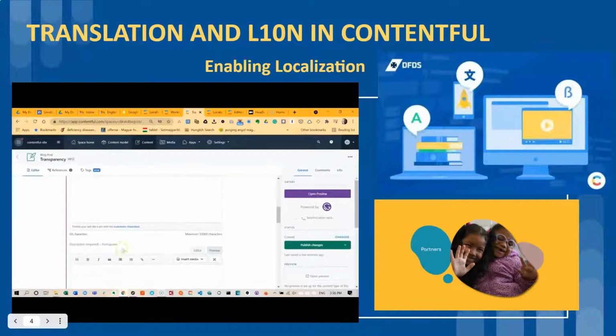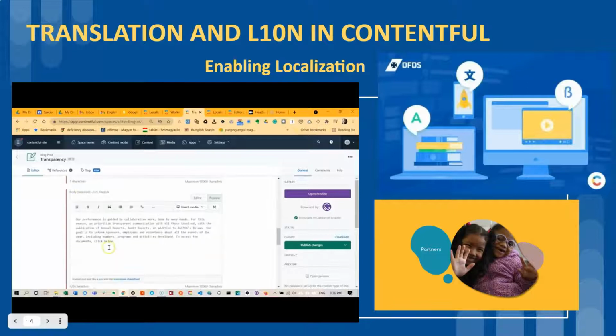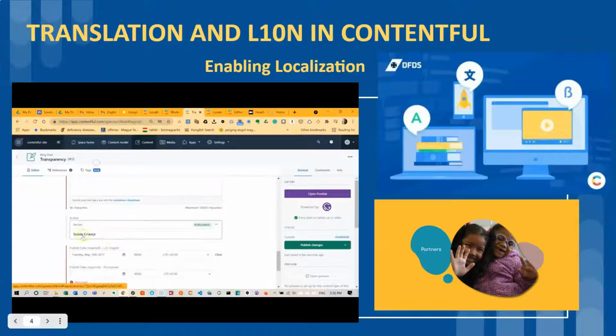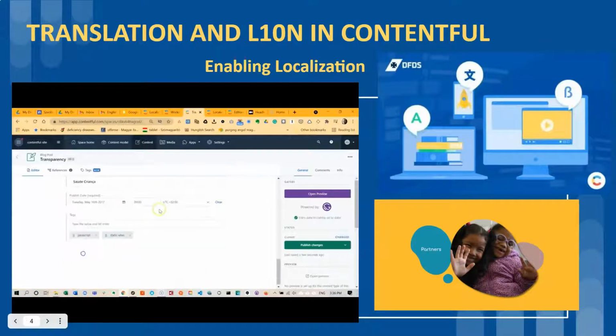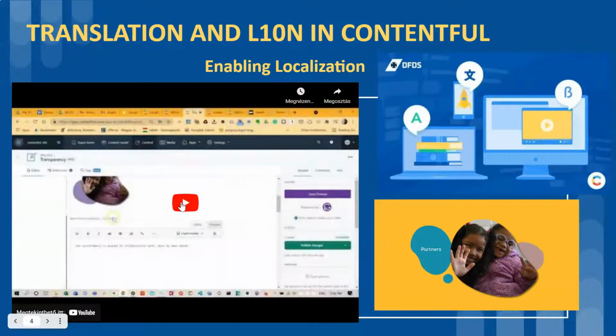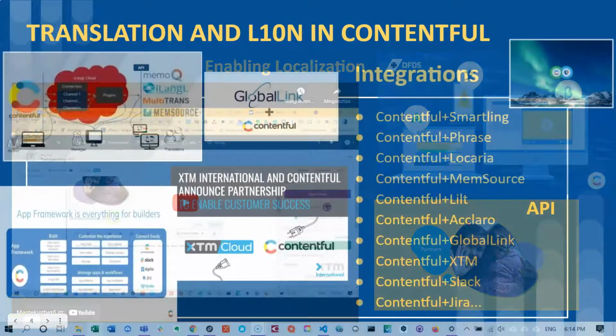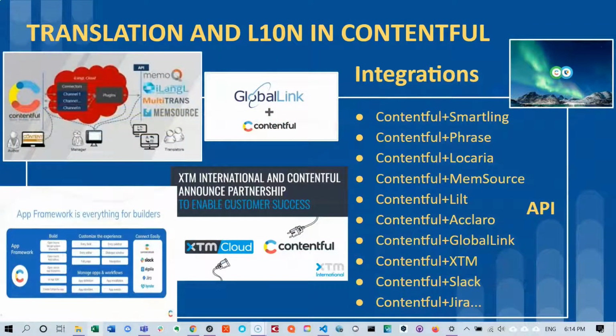Once the locale has been set up and enabled, adding translations is done with a user-friendly and sophisticated entry editor side by side with the source content. We can add permissions to different fields to different translators and editors. Contentful also integrates directly with various translation management systems, and through their API tokens, integrations are possible virtually with every